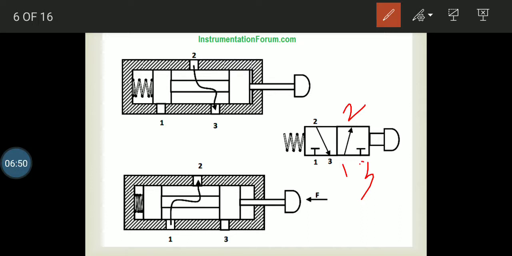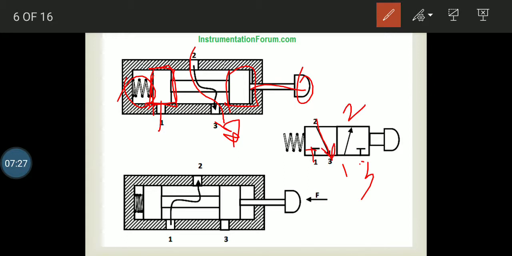Okay. So for the first position, we are having 2 pistons over here, a push button and a spring over here. When the first piston is on the port number 1, it is actually blocking port number 1, which is the inlet. So the port number 1 will be closed, allowing port number 2 to make a flow of the fluid from port number 2 to port number 3. So port number 2 to 3 is having a flow.